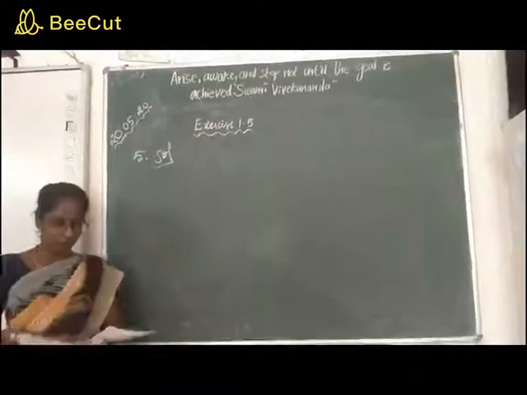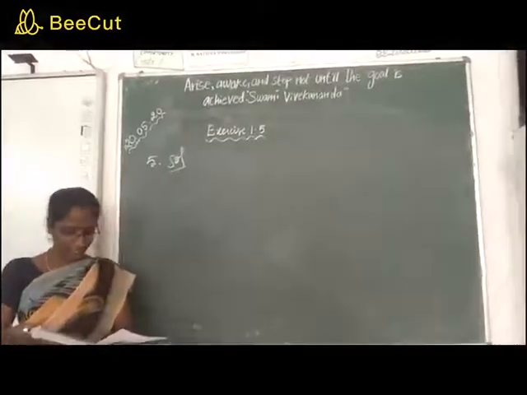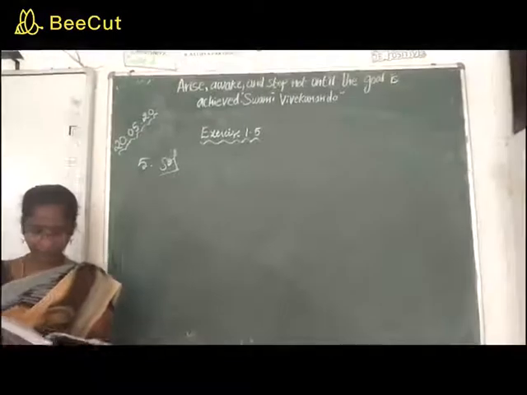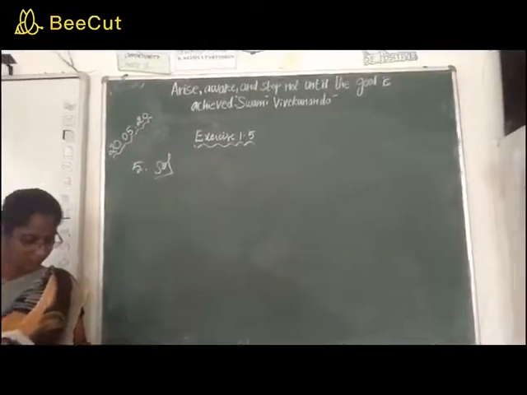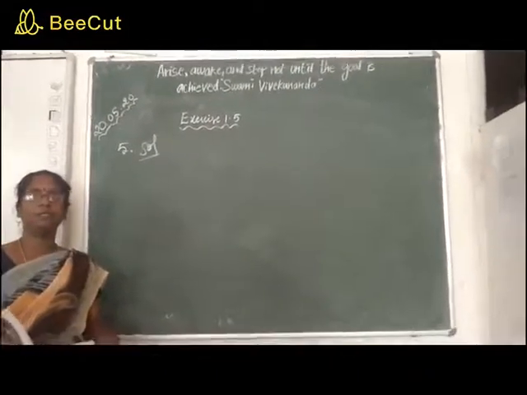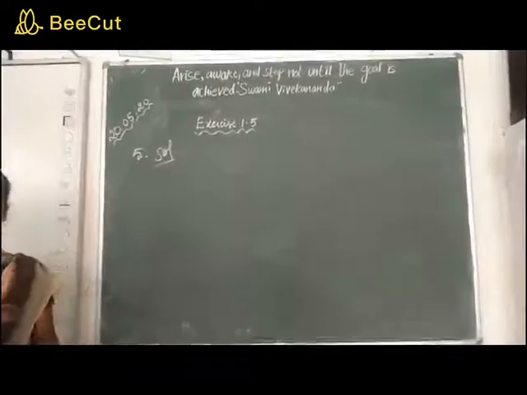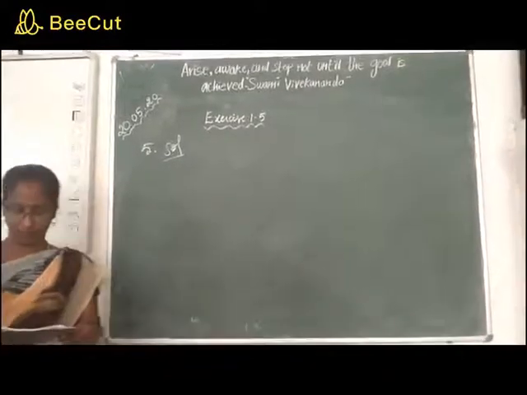Now the fifth question is: let A, B, C be subsets of N and a function f such that f: A → B is defined by f(x) = 2x + 1, and g: B → C is defined by g(x) = x². Find the range of f∘g and g∘f.